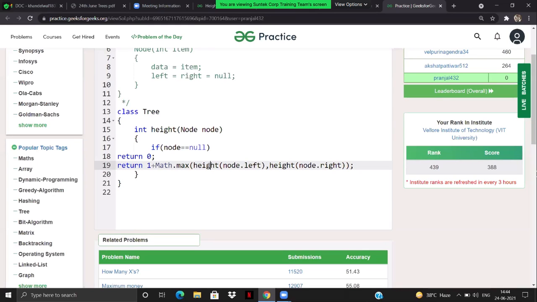So what exactly we're going to do is calculate node.left, then node.left, then node.left. It will keep on recursively calling this, and this is just one line for calculating the height of the binary tree, right? So this is itself a recursive function, and both function calls will get executed. We'll check for this, we'll check for this, and whatever is the maximum, because we need to calculate the height, we'll take the maximum one as well.